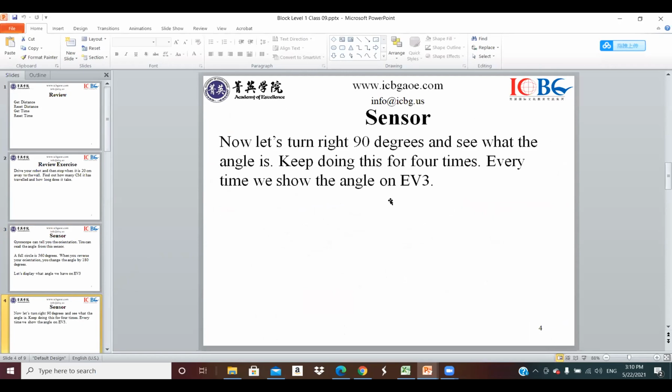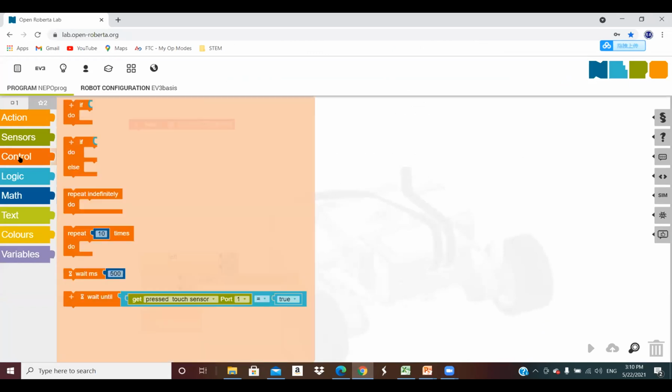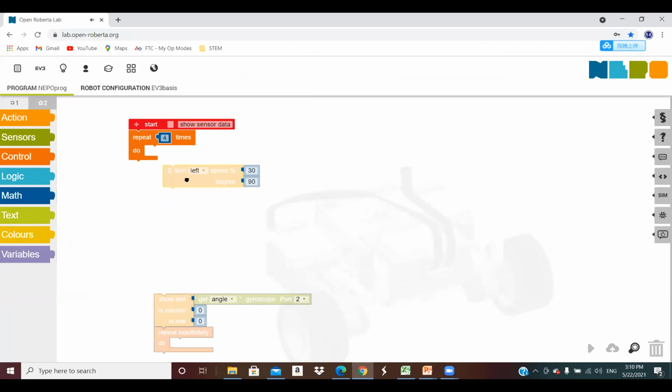Okay, so let's do this. Let me just come back. Let me do this, and I will do a control. I will repeat 4 times. Every time I will make a turn. I will turn right. Every time I turn 90 degrees, then